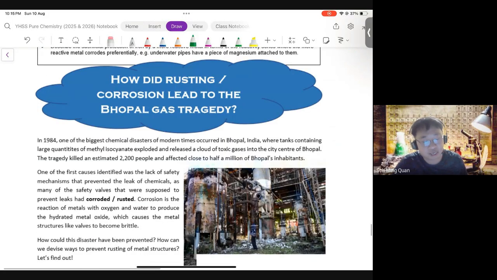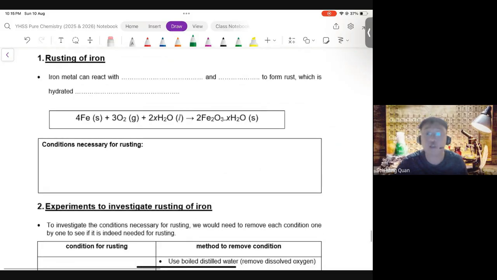Now, rusting is something that's really, really straightforward. So let's just go to page 23. Now, I'm sure you are familiar with rusting. Okay, you have seen your tables and chairs rust before. In particular, if you scratch the black color paint off the tables, legs, and chair legs, you will see that it will start to rust over time. So the reason why it rusts is because the iron metal used to make the legs of the table can react with oxygen in the air and water to form rust.